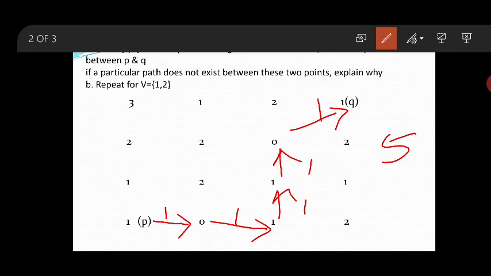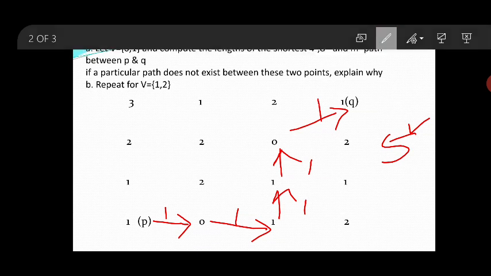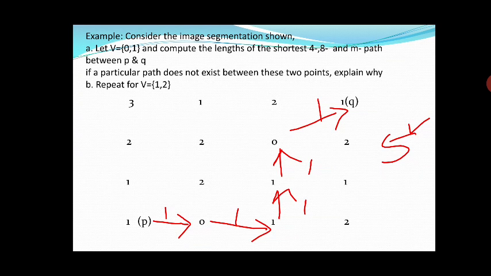You get only one constant path, that is 5. This is how the problem is to be solved for 4, 8, and m-path between P and Q. I hope the problem statement and the solution are clear for you.